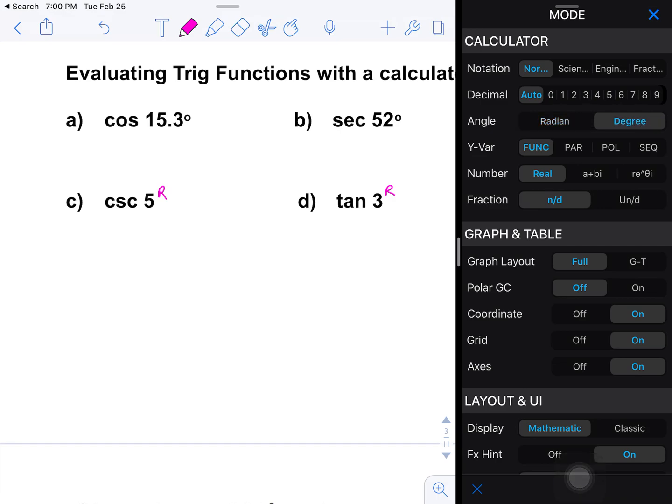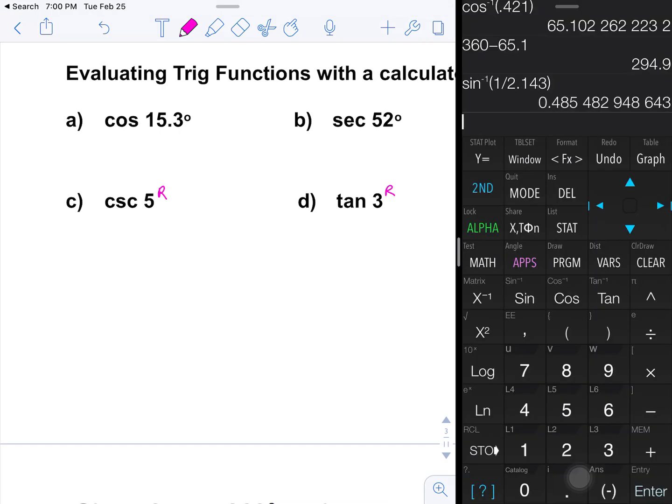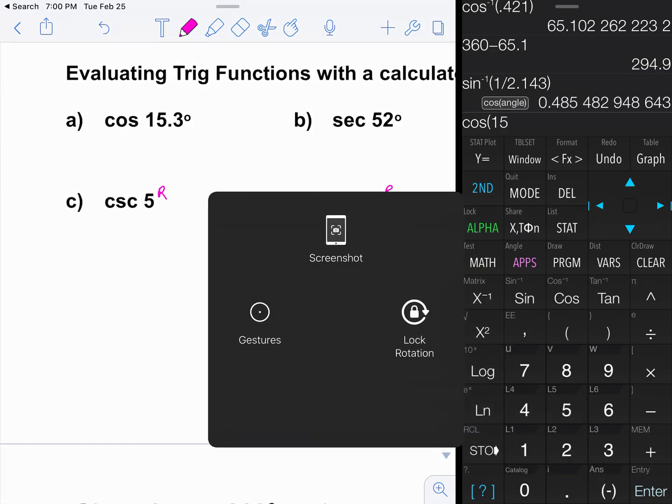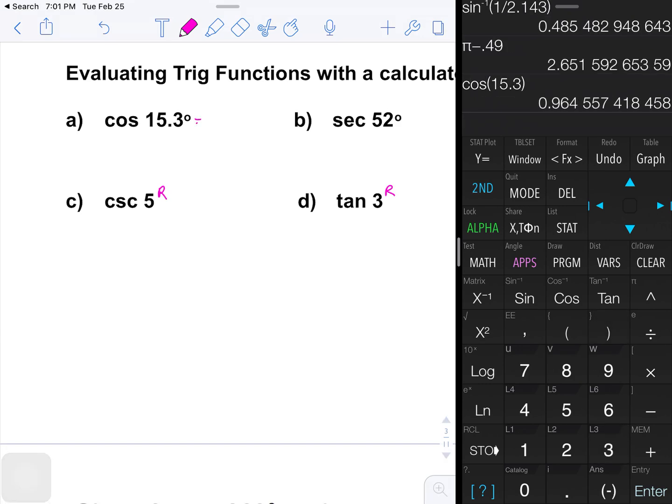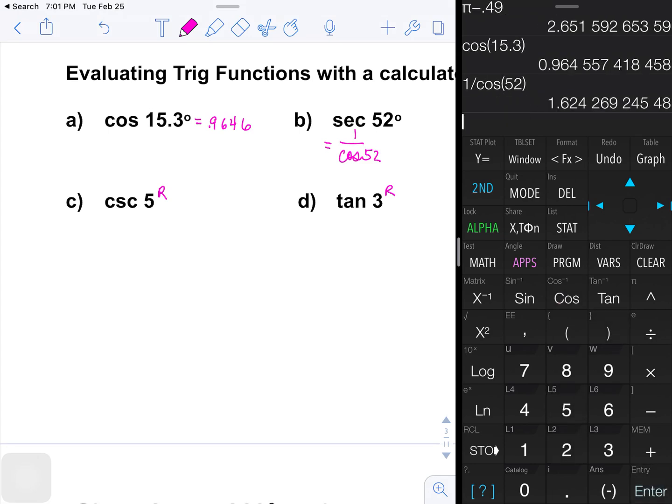So A and B are in degree mode, so I highlighted degree. And we will type cosine of 15.3. And that is 0.9646 rounded. Now, secant is not directly on the calculator. I do know that it's the reciprocal of cosine, so I have to write this as 1 divided by cosine of 52, which would give me